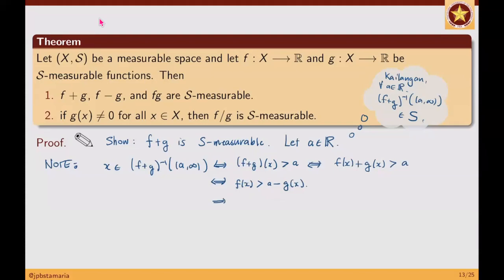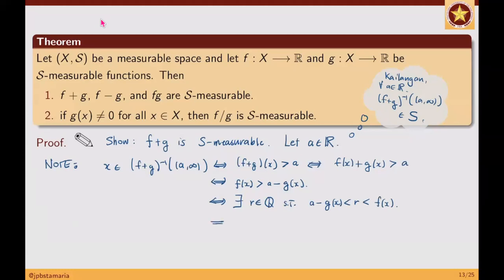Anong gagawin ko? Mag-a-apply ako ng tinatawag na density theorem for real numbers or for the rational numbers. I mean, kung may space sa gitna nilang dalawa, di ba, we know that there is a rational number in between. Naku, paano naman napasok ng rational numbers? You will see why. Sure ako na merong rational numbers R, no? Such that yung R na yan ay nasa gitna nung dalawang nag-uumpugang bagay na yan. No? Yung R ay nasa gitna ng A minus G of X tsaka ng F of X.